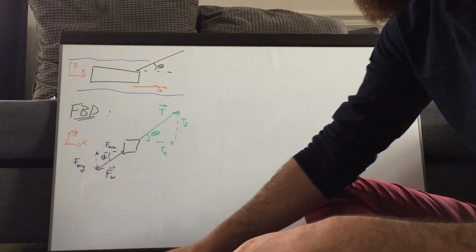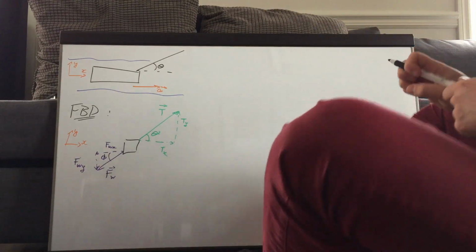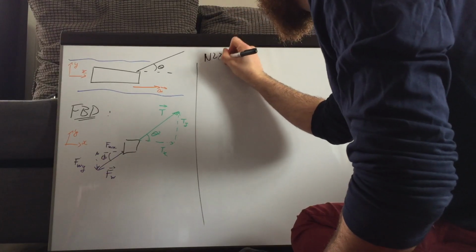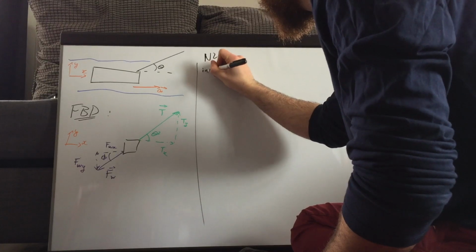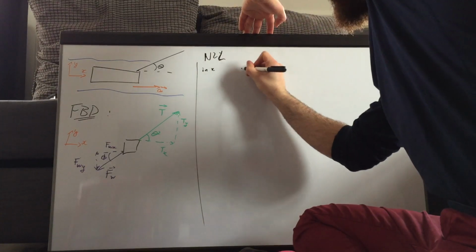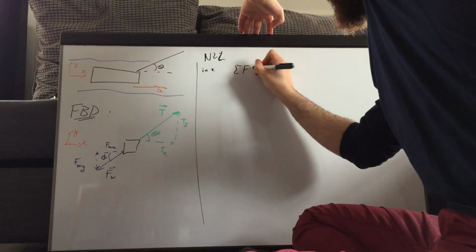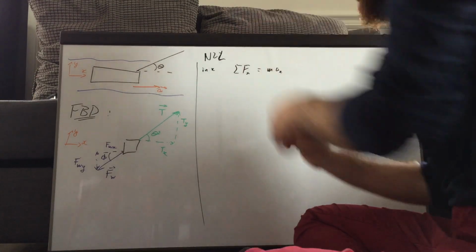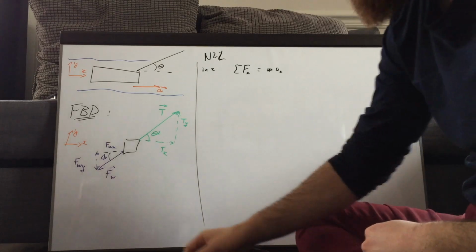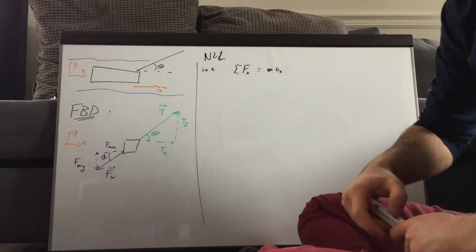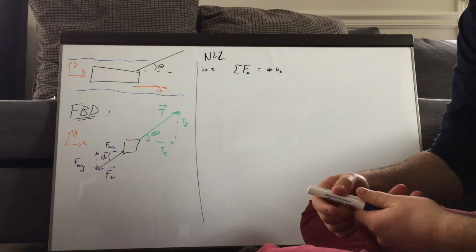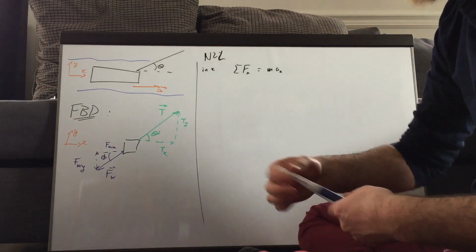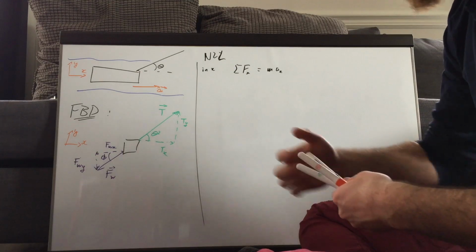Starting in x, because we need to choose, we're going to have the following. The sum of the forces in x is the mass times the acceleration in x. We look at our diagram, we have only two forces, and those two give us an acceleration in x. So we're going to have